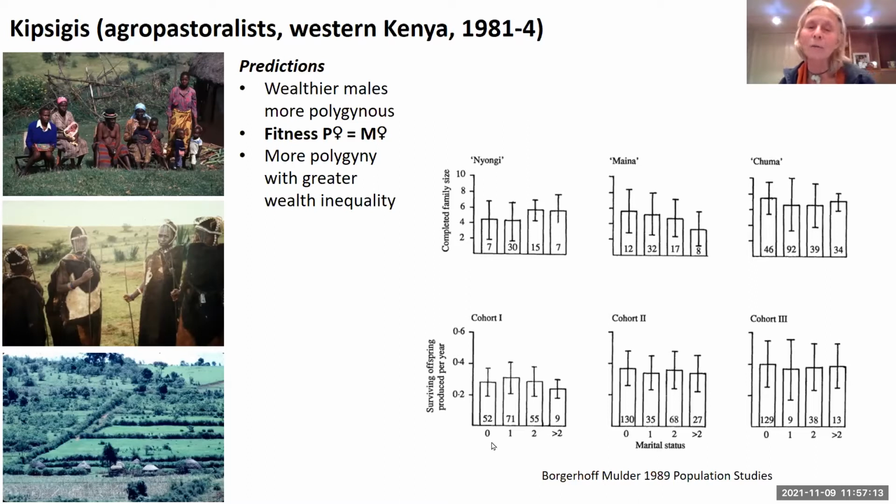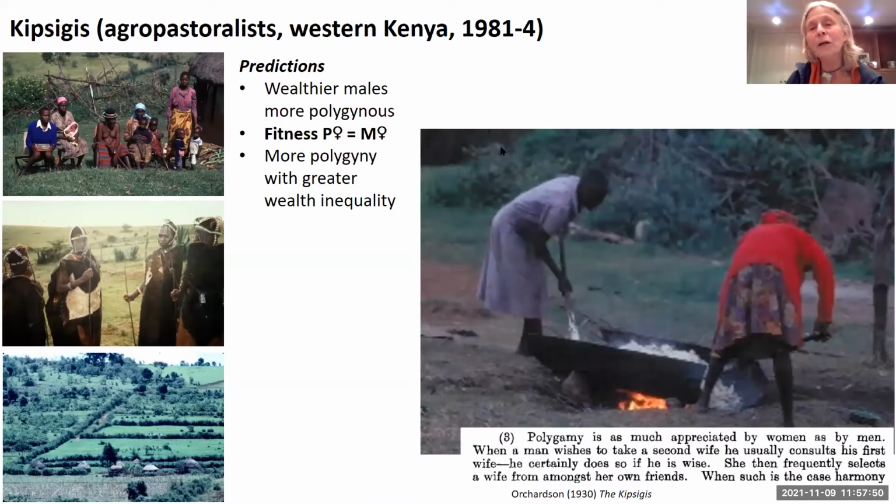And I looked at this in other ways. I looked at number of co-wives. I looked at the number of years that you overlap with other co-wives. I also looked at the amount of land and livestock per wife available to women in relation to their marital status. And I also looked at whether there were selection factors of different kinds of women going into monogamous as opposed to polygynous families, which might interfere with comparisons like this. But whatever I did, there was really no cost of polygyny in this population to women, consistent with the polygyny threshold model. And I think what's going on, at least with the Kipsigis, is that there's potential for lots of